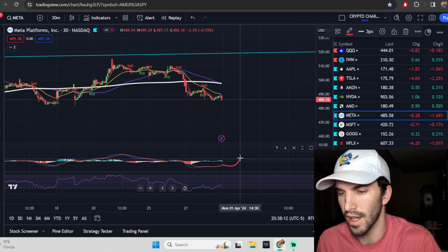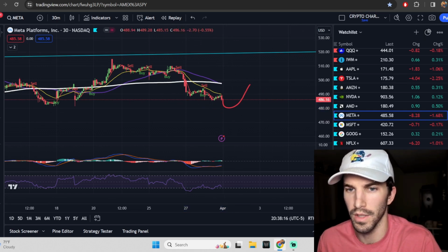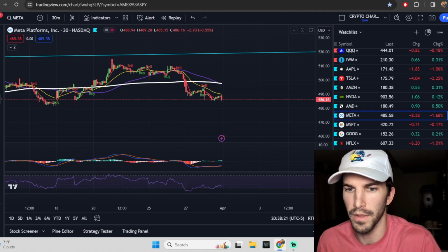So if this wants to curl down briefly for a moment, we could see that set up a third point, and maybe that'll give us some kind of trade this week. So this is just something I'm paying attention to on Meta. Doesn't mean it has to go up, right? But if it wants to go up,